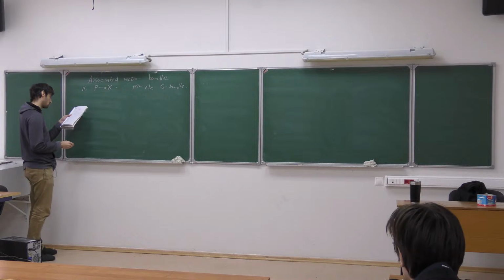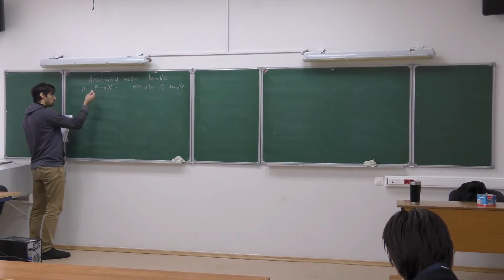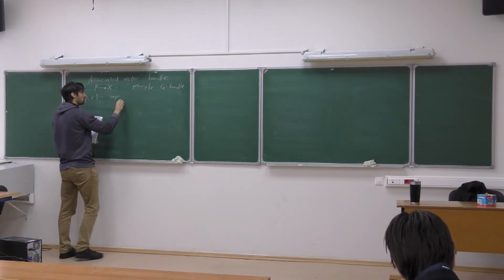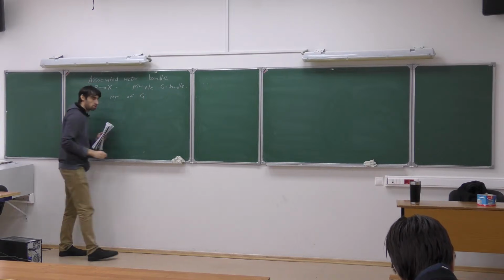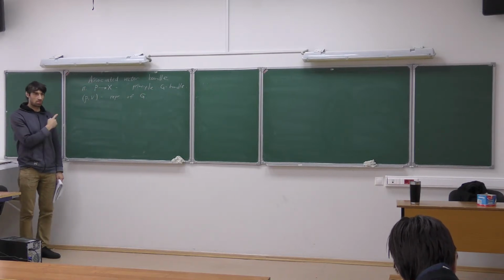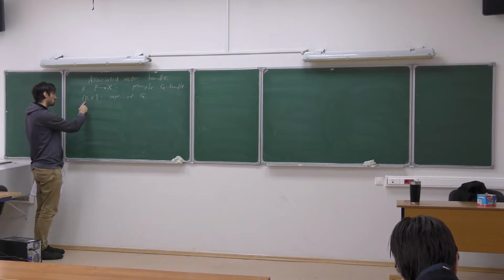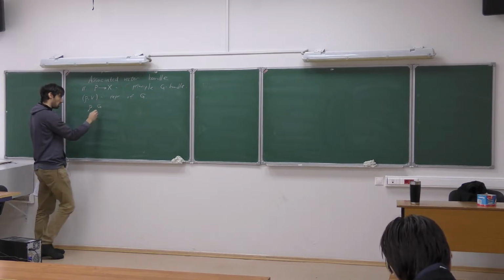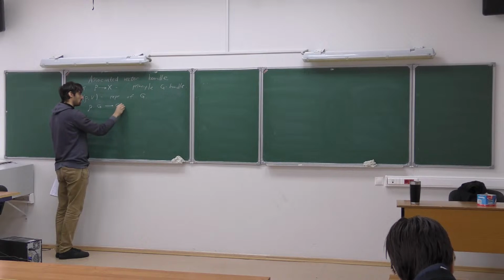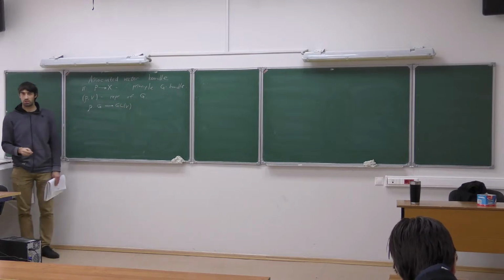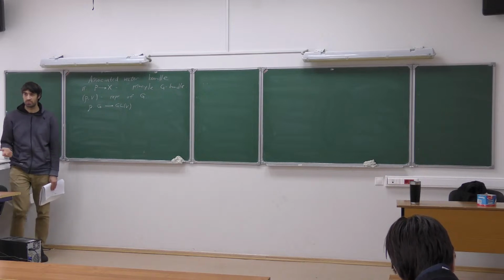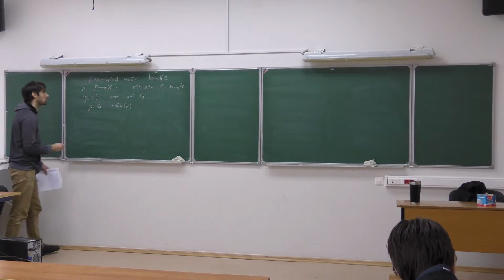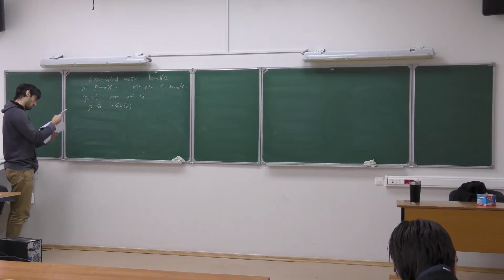well, then I also need to fix a representation of G. So G is a Lie group, and I fix a representation of G. So a representation is such a pair: a finite dimensional vector space V, and a Lie group homomorphism from G to GL(V). And Lie group homomorphism means that it's smooth and a group homomorphism. Right. So once I fix this,